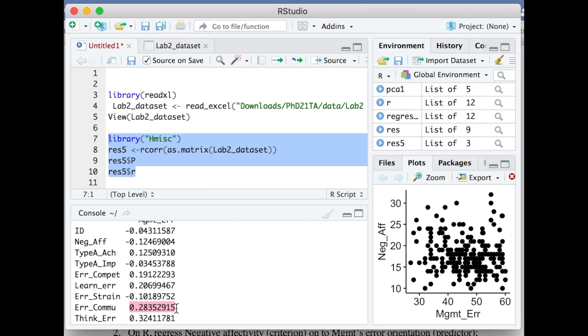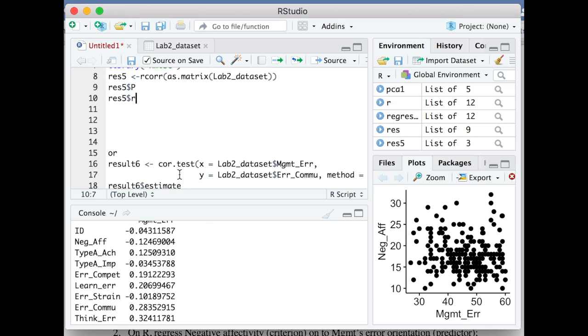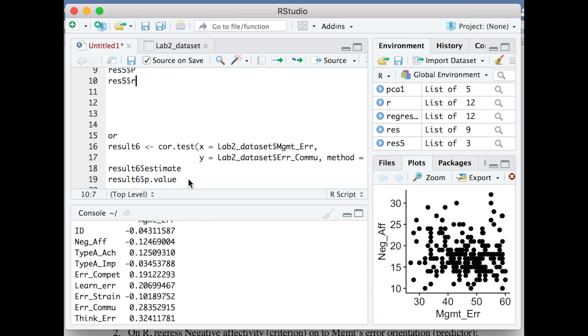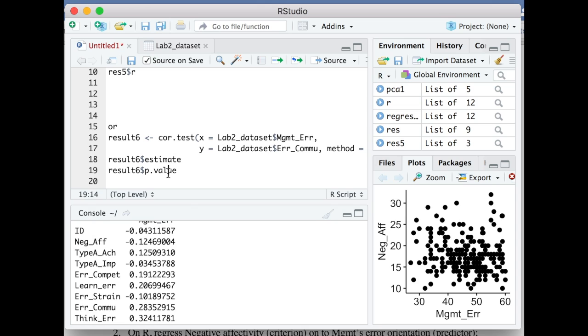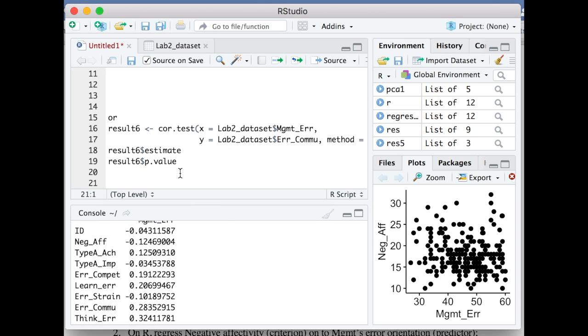There is another way to calculate the correlation between two variables. Like this, I name this correlation analysis as result6. Enter less than sign and minus sign. Enter cor.test. The first variable is x. x equals the dataset name, Lab2 dataset, $, and then this is the first variable, management error, comma. y is another variable, so it is from Lab2 dataset, $, the second variable name is error communication, comma, method